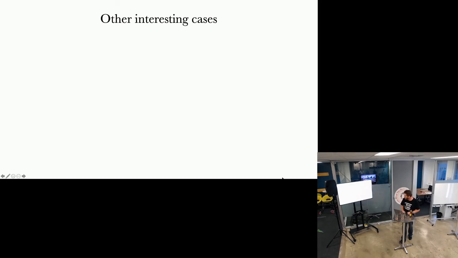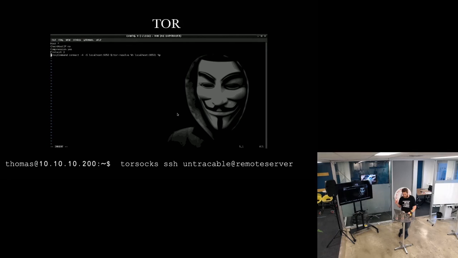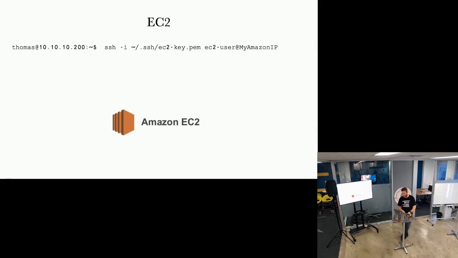So I've got a short list of other use cases for SSH that I'm going to run through quickly. Tor SOCKS. You can use Tor through SSH, so you can jump through remote hosts first before you jump into the Tor network. I wouldn't know anything about that, but you can do it. Amazon EC2. We do this here at Managed Services reasonably often. You can jump into an EC2 instance, specifying the key and the IP address of the box on Amazon. Ordinarily, you're jumping through a bastion host to get to those though.